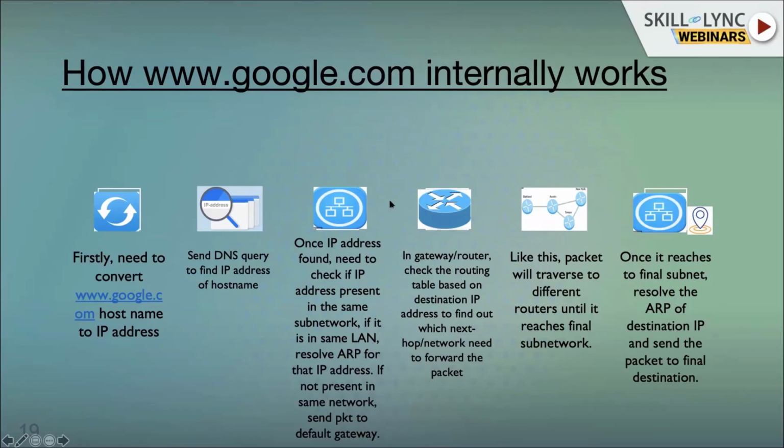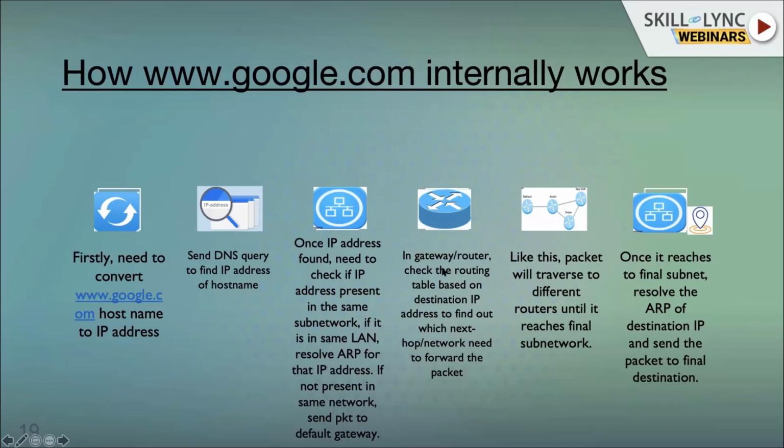So that's why, for any packet it traverses, the destination MAC is the next hop. Whatever the next destination device is that we are sending the packet to, that MAC we put. The source MAC will be the device that is sending the packet out. The destination IP will be the Google IP only, and the source IP is the exact source, wherever it started. Only when going between devices, the source and destination MAC will be changed, but the source IP and destination IP will not be changed.